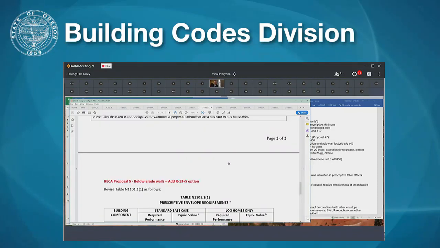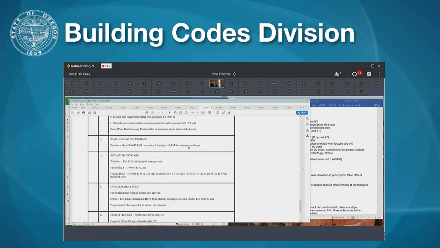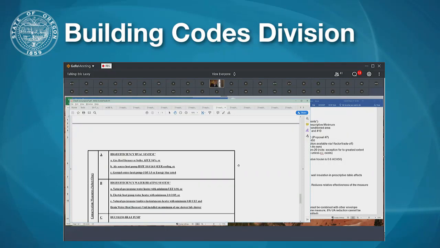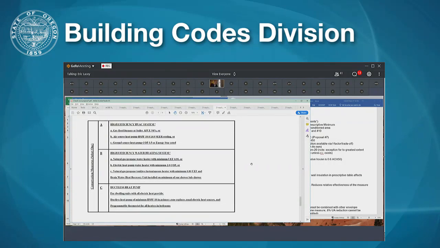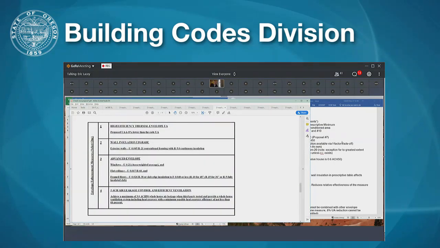And so, I don't know what the best order would be to approach these in, or how you want to attack it, whether you want to pick a base package first and then consider whether these individual proposals would improve it. But at least, I wanted to explain what the theory was behind the reason why we submitted 10 proposals instead of 1. So I'll leave it there and see if anybody has any questions.